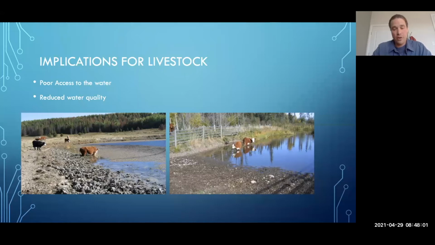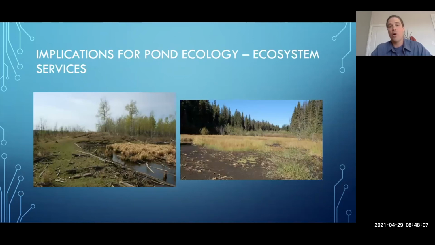We also, not outside of the realm of livestock, but we also have implications for pond ecology and ecosystem services that we need to consider. And these are things that range management, part of our objectives of range management are to maintain these ecosystem services and ecosystem values, and knowing which ponds are most at risk helps with the overall management of the range. And smaller ponds are more susceptible to damage if overused. They're valuable in terms of what they contribute to carbon storage, water storage, primary productions, and all kinds of this,